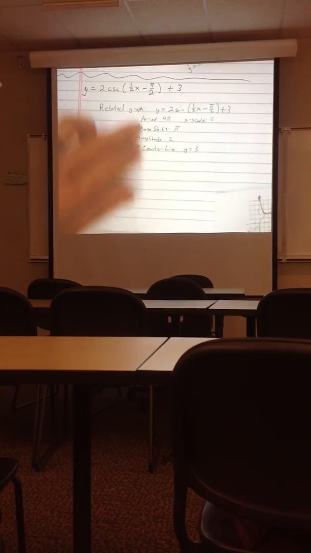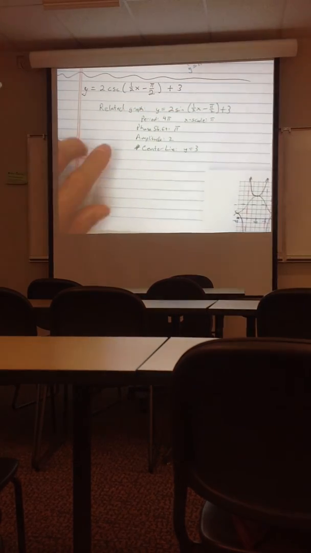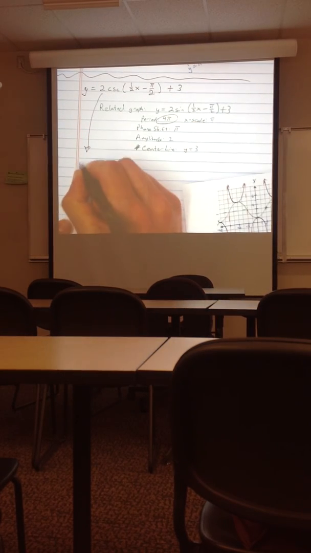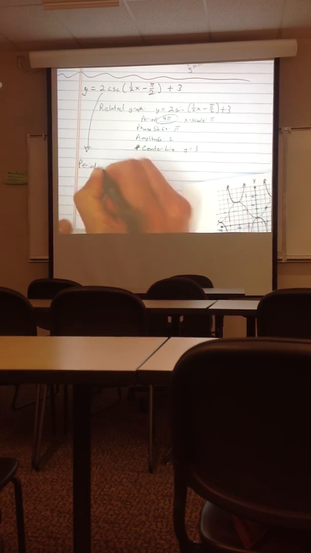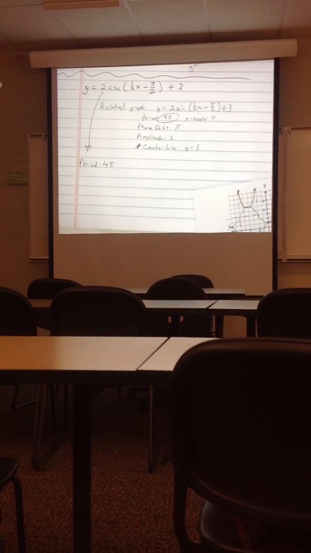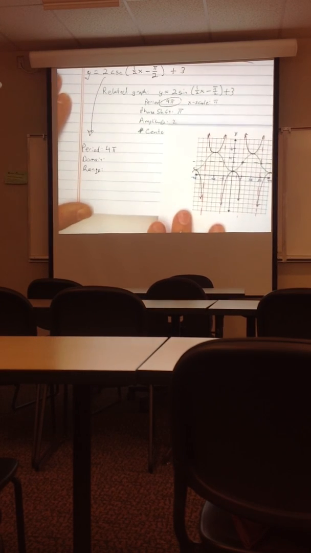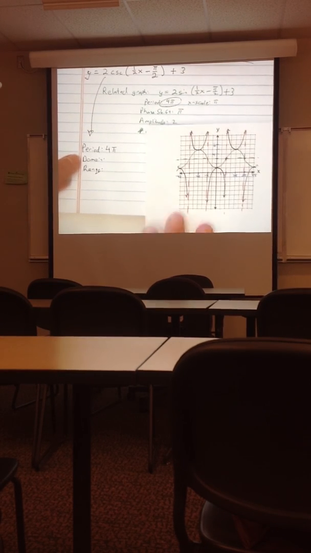So everything we wrote down applied to the sine function, not to the cosecant function. I guess one thing doesn't. I do keep the period. The period is 4 pi. The only other pieces of information I want are my domain and my range. Now the range is usually easier. The domain here on these is